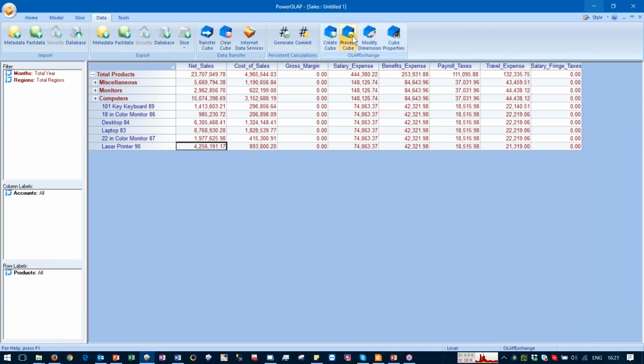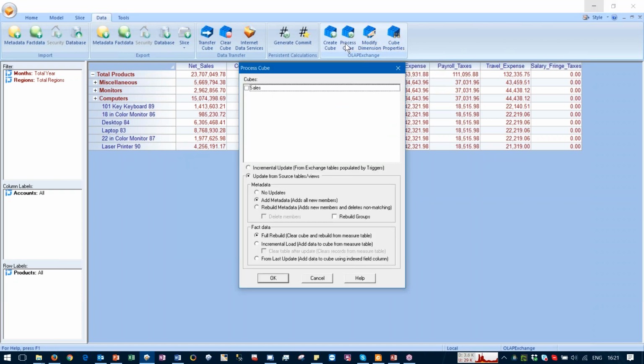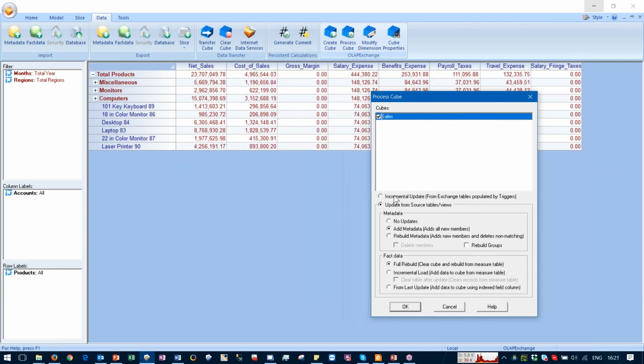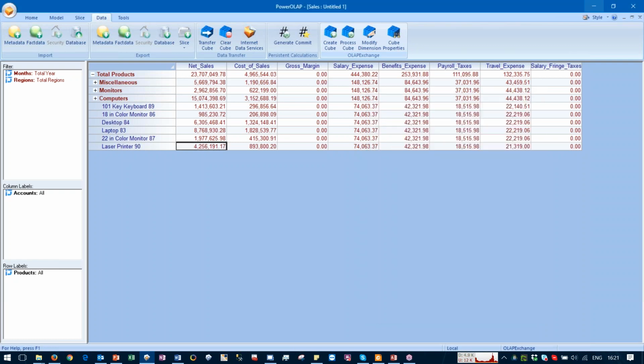And then when I rebuild my cube, the next thing that I will show you is how to rebuild a cube. There are different options where you can either only rebuild fact data, which we can do right now. So the metadata is not going to be updated. We can select that option. But the fact data, we're going to rebuild from scratch. So I click OK, and there should be